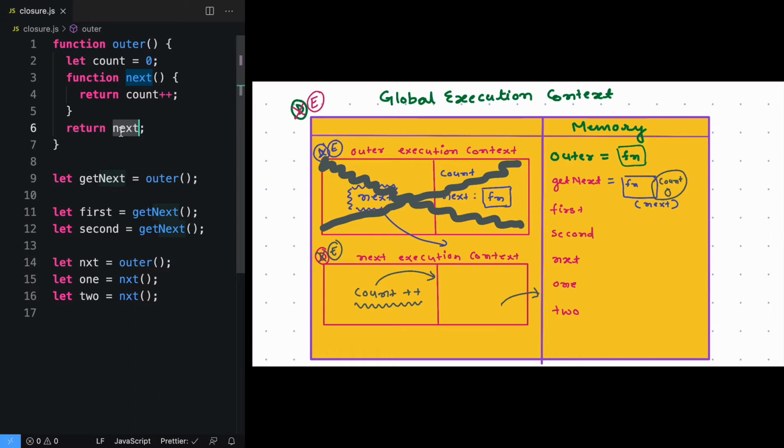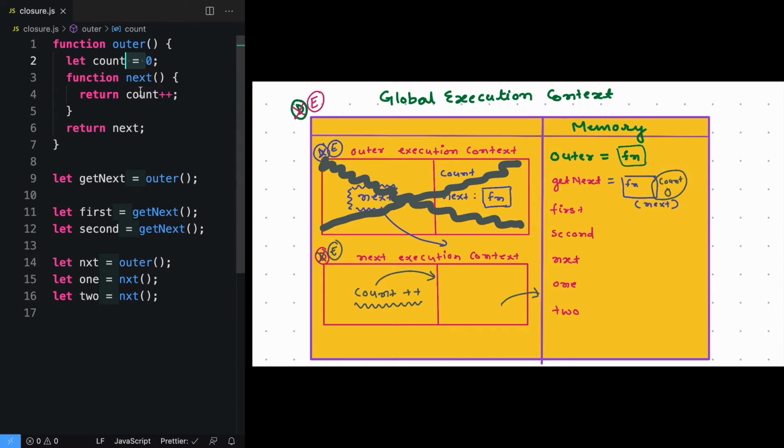And this is what happens, and this is a concept. The concept says whenever a function is returned from another function, the function along with itself brings the environment around which it was created. So the environment contains a variable called count. So it will bring back the same thing with itself. So here we can see the value of count to be 0.